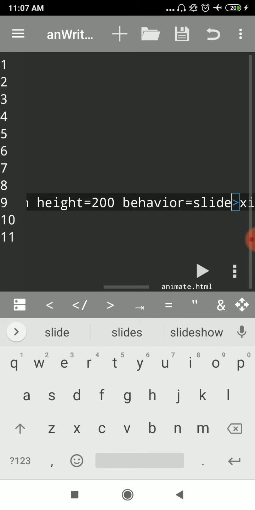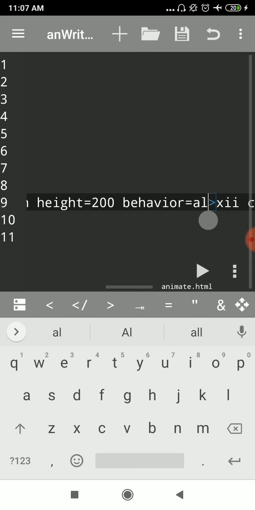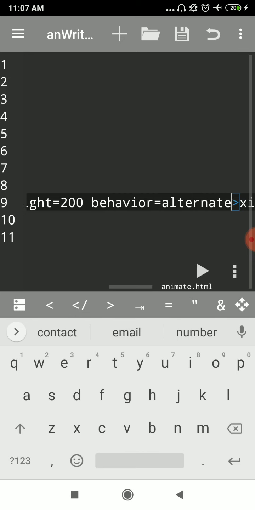Let me show you that behavior here. Yes, can you see now? Since I have changed the direction to down, it has started this way. But have you seen, the entry point is there, but it is not going out, it is just stopping at the edge of the rectangle. So this is slide. Then we have a third option, that is alternate. What alternate will do is bounce within the rectangle box. It will not do any entry. It is not going to come from outside, and not going to go outside either.